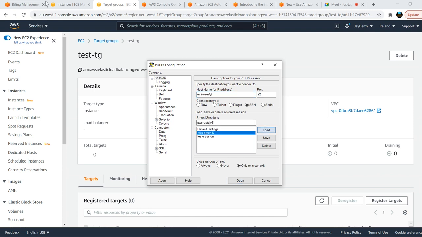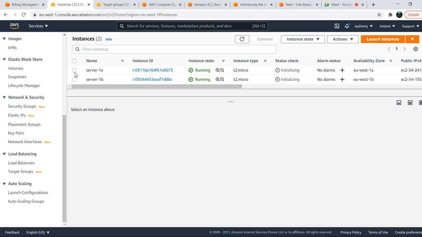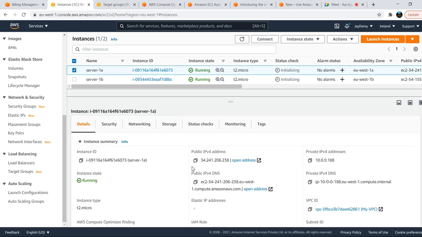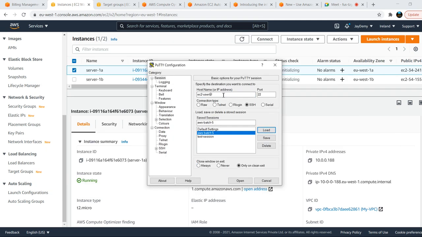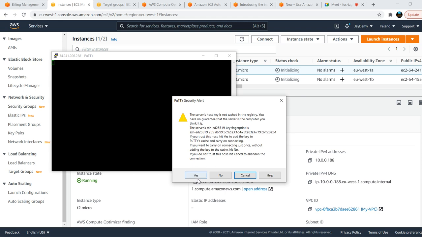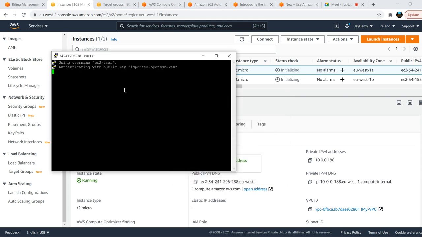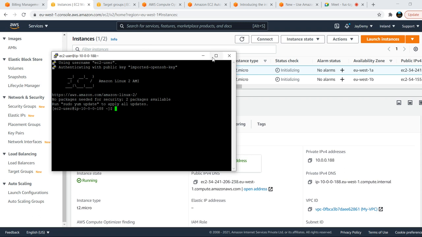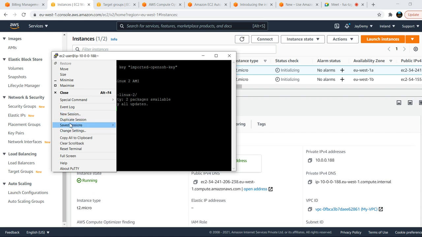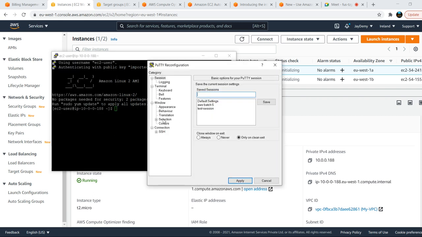So let me load this and go to my EC2 machine. First I'll connect to server 1A, get its public IP, and try to connect. Yes, connect. So I'll use the settings as change settings.